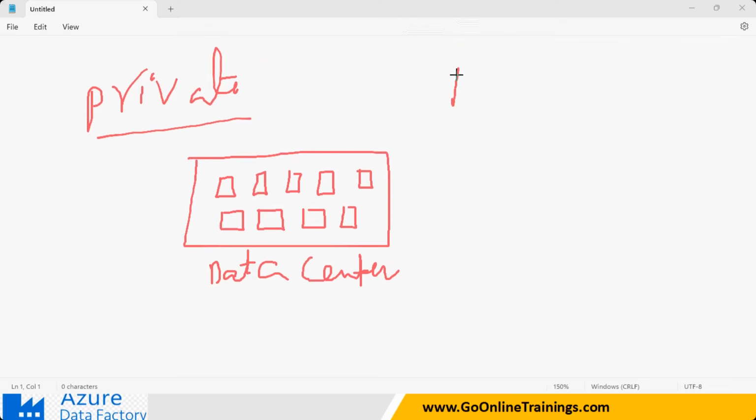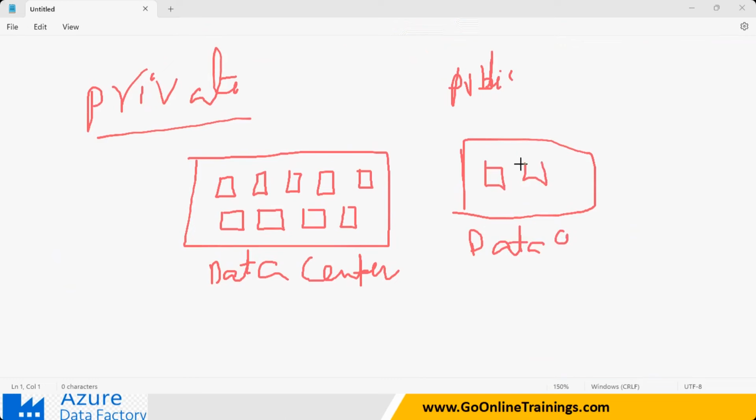The next one is called public. Public means you create a data center, which means hundreds of servers. You use it, and you also let others access your servers and you charge them. Like Google Cloud, Amazon Cloud, AWS Cloud.